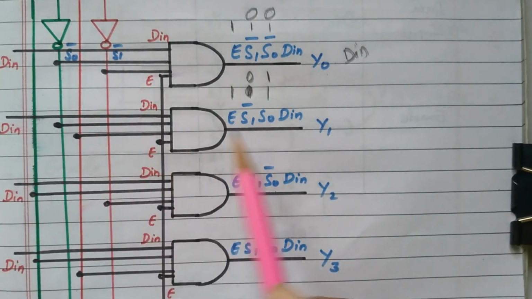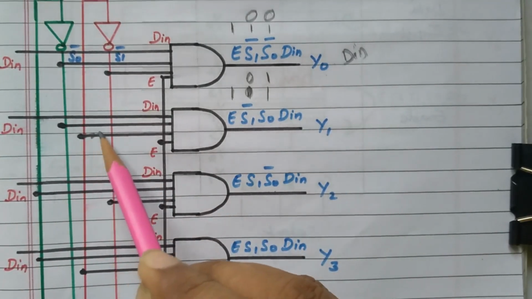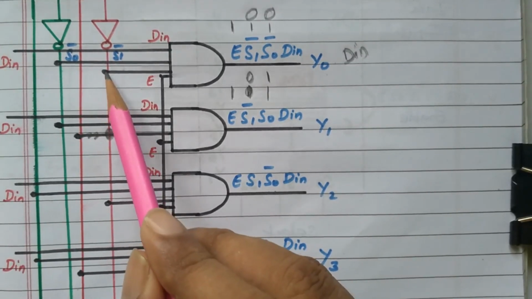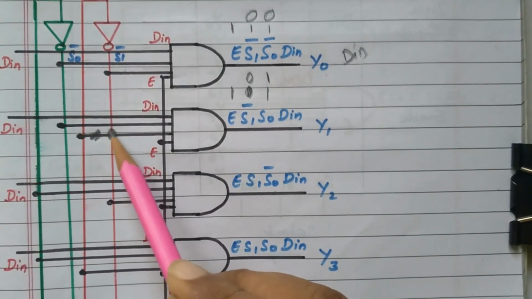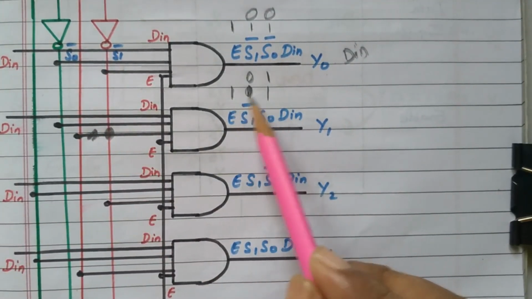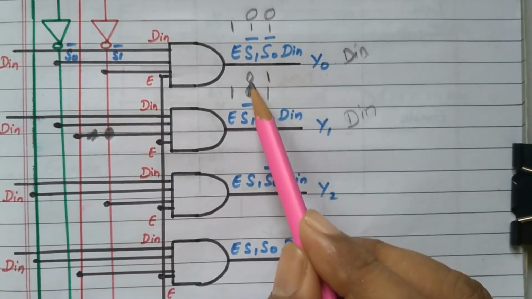S1 bar is connected, so that we are getting... it's not connected here, it should be connected here. So it is here, here it is same, S0 and S1 is connected. So here it is connected with the S0. So we have all 3 inputs active high, so automatically DIN is available at the output in case 0